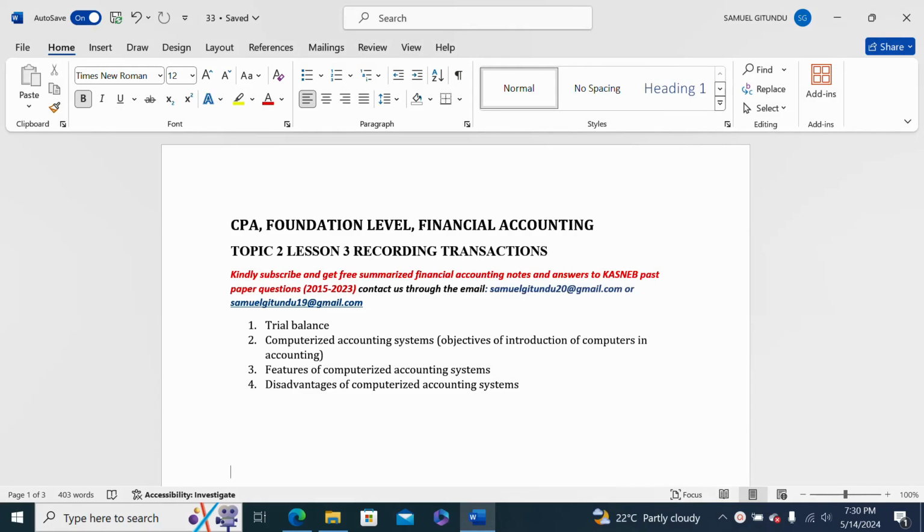It is the third and the final lesson in this topic 2 of financial accounting, foundational level in CPA. In this final lesson, we are going to look at the trial balance, what a trial balance is. We're going to look at the computerized accounting system, that is the objectives of introduction of computers in accounting. We're also going to look at features of the computerized accounting system, and finally we look at disadvantages of computerized accounting